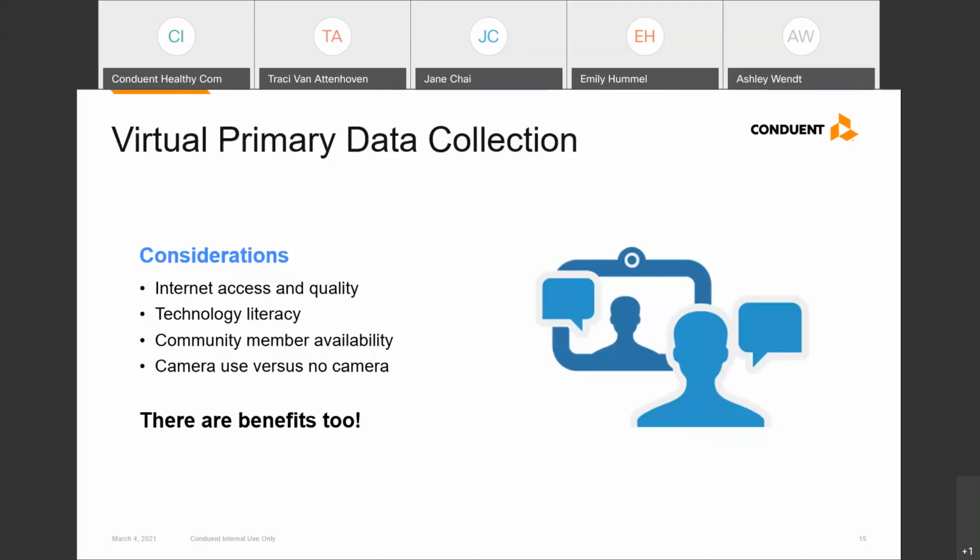So shifting that online, we have to think about internet access and the quality of that access, technology literacy among the population and the communities that we're trying to communicate with and meet with. Think about those community members' availability if they're working from home.